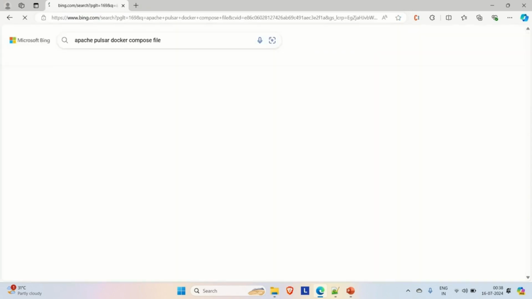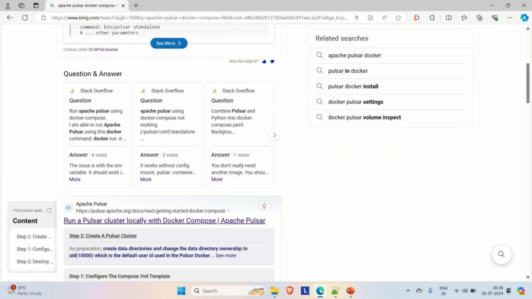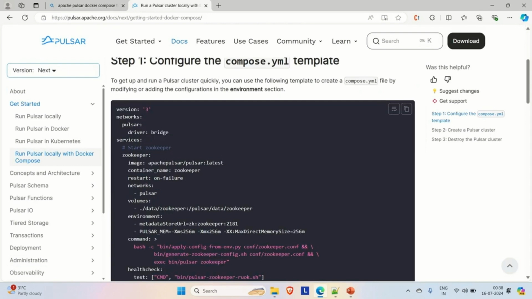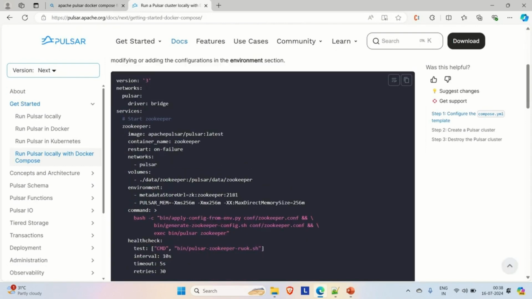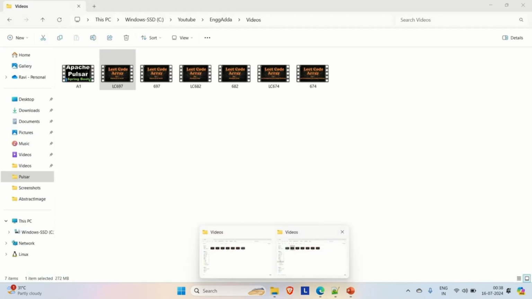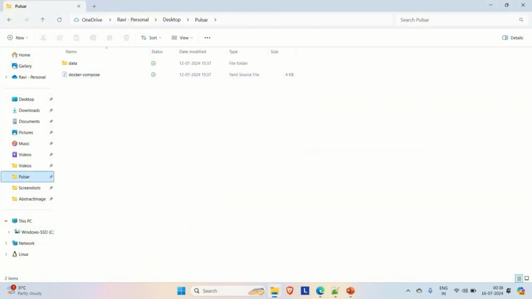Docker Compose file, and if you go down, you will find the Apache Pulsar website. You can go to it and you will find this Docker Compose file already there. So I'm just going to directly copy it, and what you can do is create your folder where you can create a docker-compose.yaml file